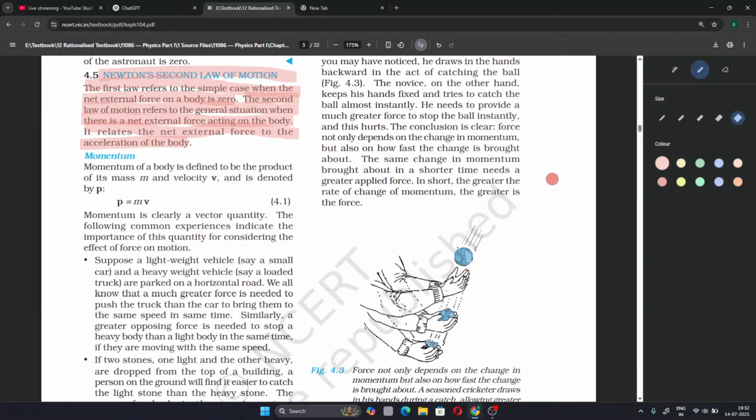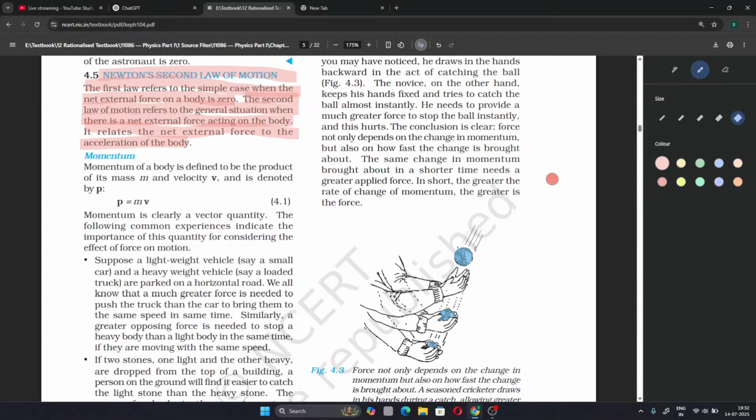Basically, the first law is inertia and it depicts cases where the net external force on the body is zero. Then it can be in uniform motion or at a state of rest. The tendency of a body to resist the change in its state, whether uniform motion or rest, is called